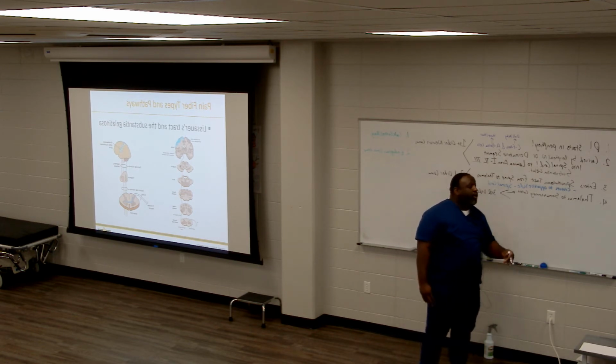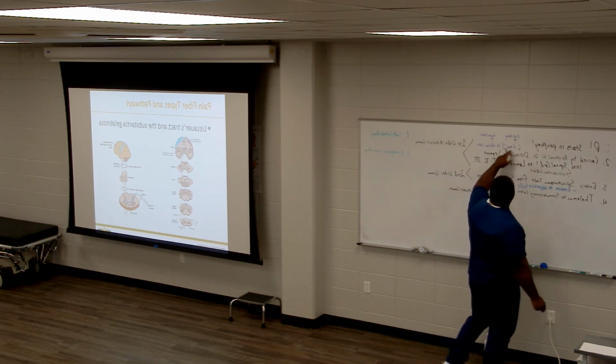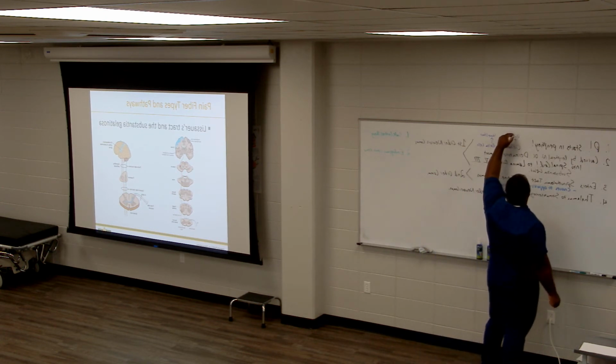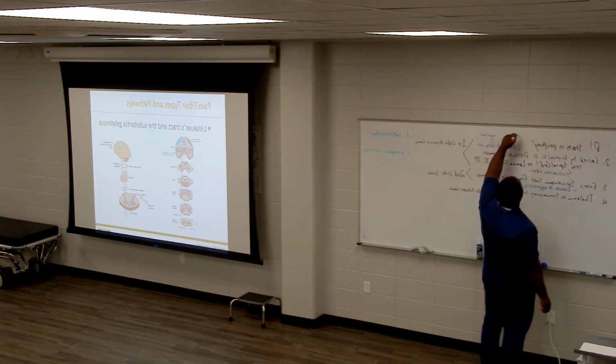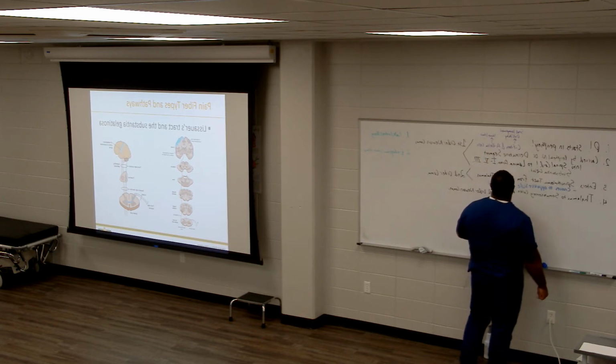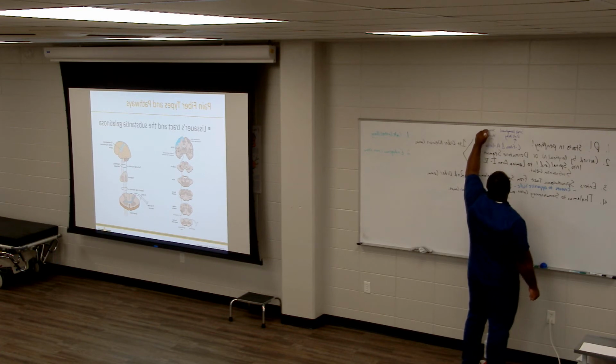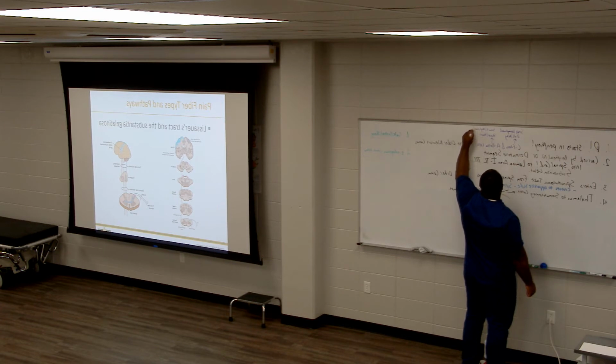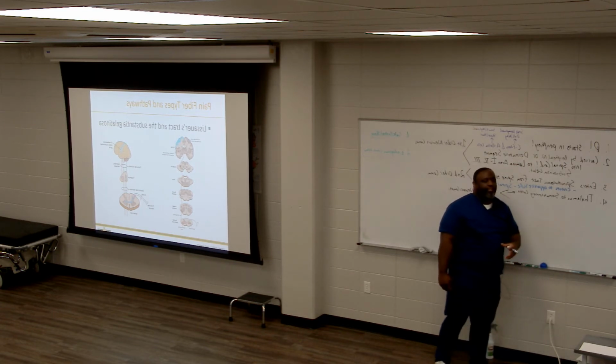But both are essential. So dull and achy is carried by C fiber. Why? What type of cell are C fibers? Unmyelinated. They're small, unmyelinated. Okay. What about A delta? Small, myelinated. So they're going to travel faster. Myelin sheath makes things travel faster